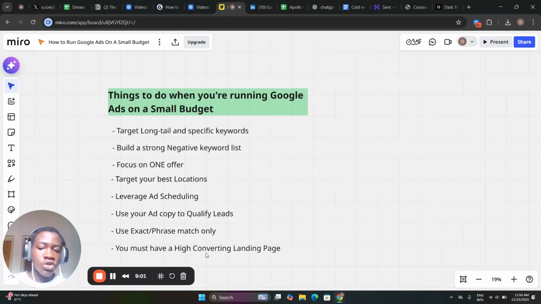Because all this doesn't make sense if people see your ads, they are qualified, they click through, and your landing page fails and they don't convert. Like, it just doesn't make sense. So